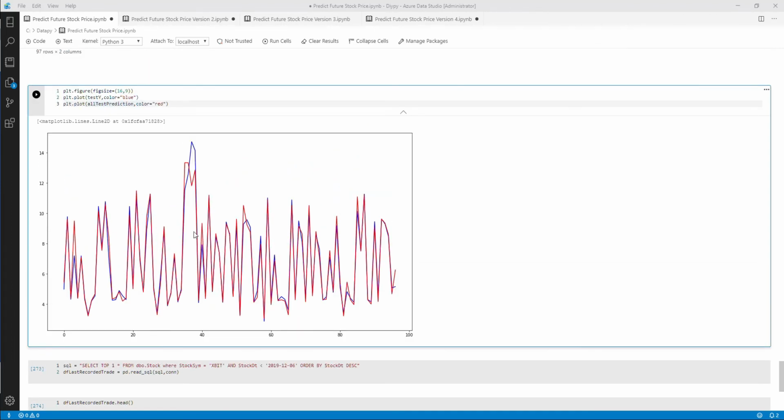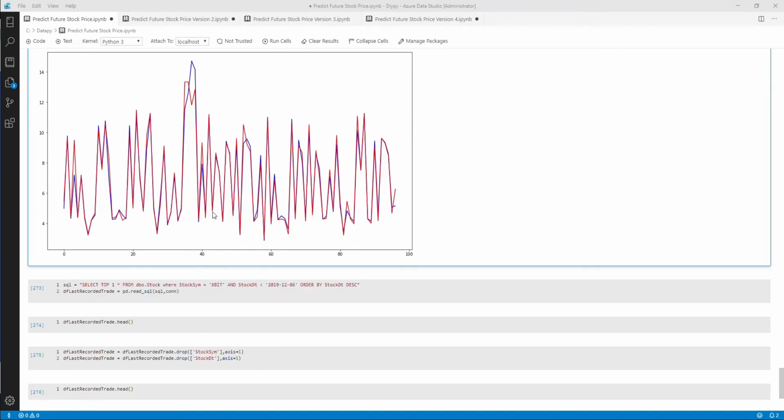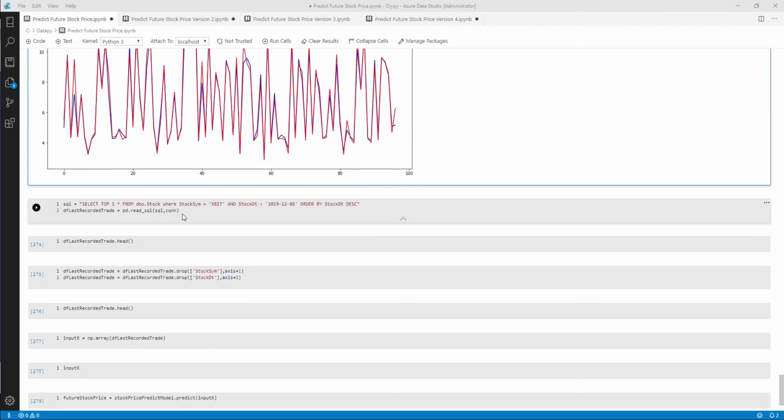And this plot is also showing any kind of misses at the prediction level. So I think this area is where it was not able to predict accurately, but you can fine tune this model. So now the next step is,